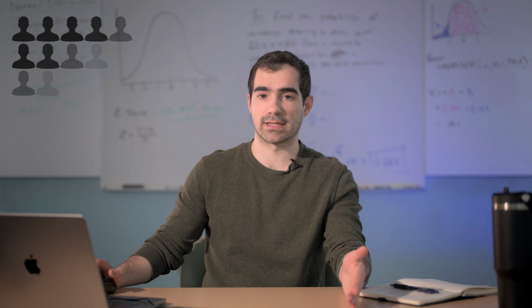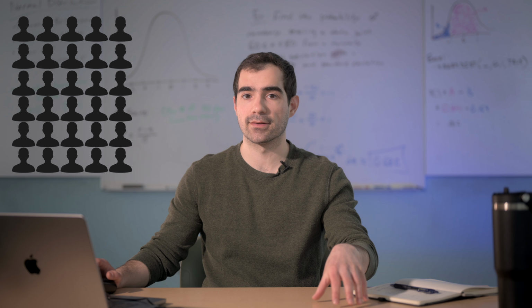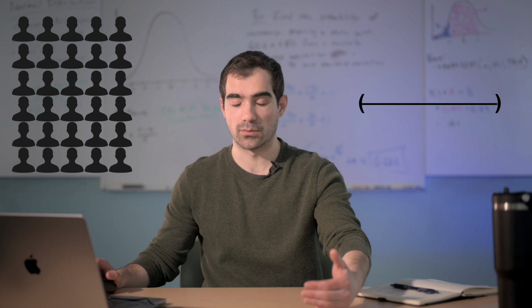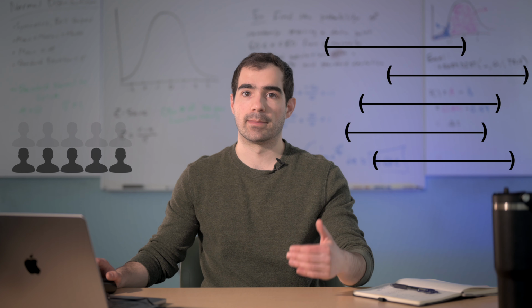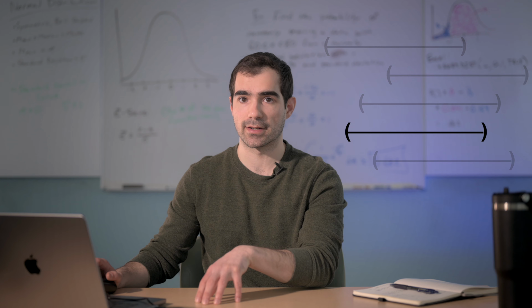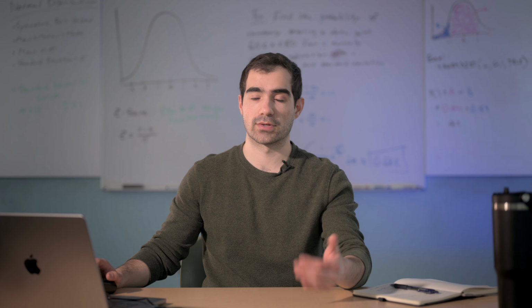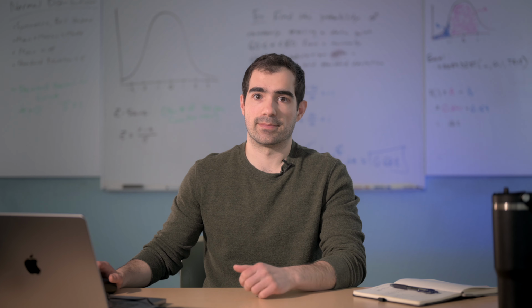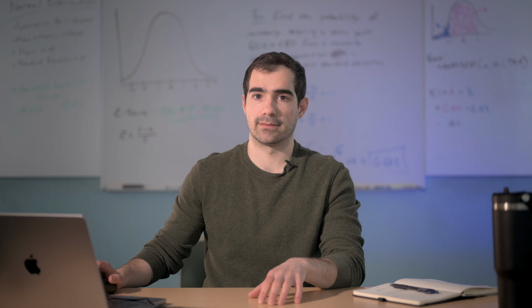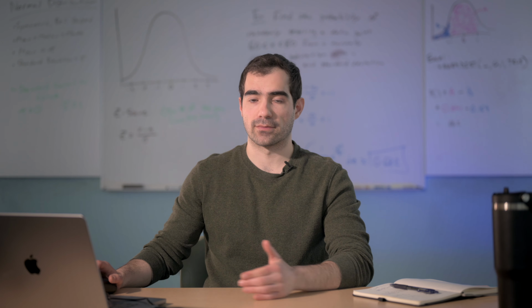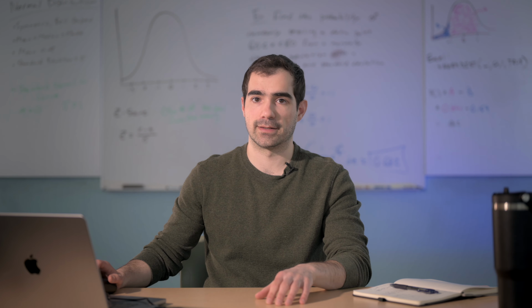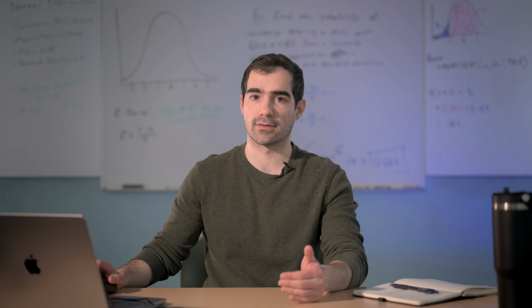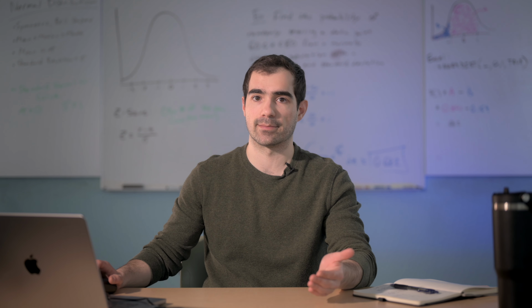And any individual time that we do this, we don't know whether that particular interval includes the true population mean or not. We don't know if this particular interval is one of those 95% or not, but the confidence comes from the procedure, not the specific interval. We trust the process, in other words. To sum it all up, samples will vary, which means there is uncertainty around our sample mean. Confidence intervals help us establish a range of plausible values for the population mean. The confidence level tells us how often this process succeeds in the long run if we were to theoretically repeatedly sample over and over.